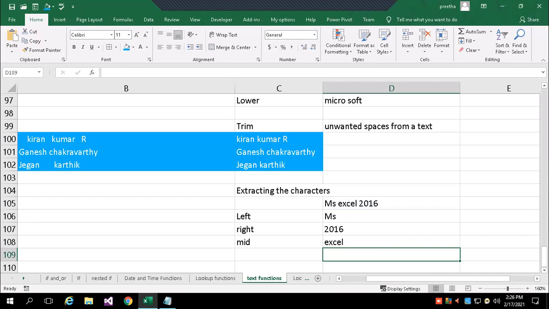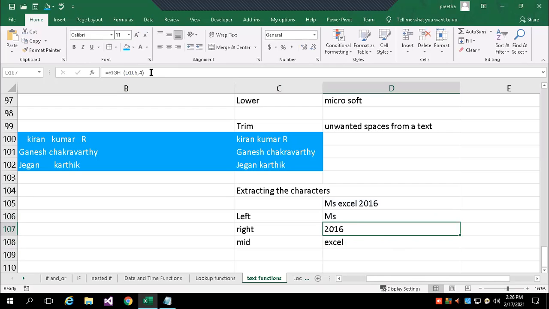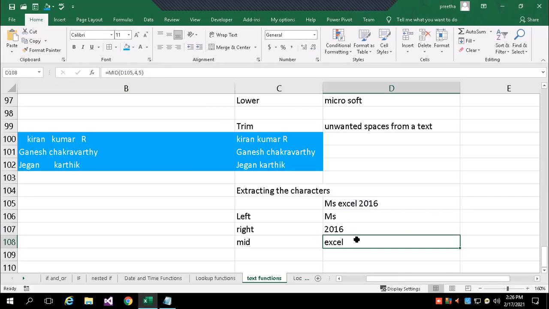LEFT, RIGHT, and MID. LEFT works from the left side of the text. RIGHT is for extracting from the right side, and MID is for any position. If you say from 1, or from 10, from there, how many characters?